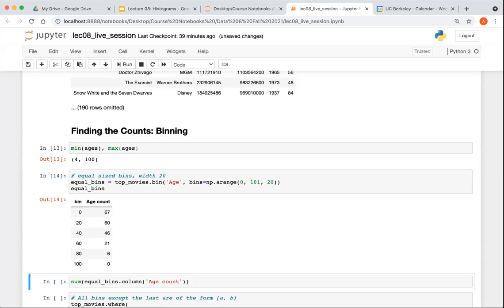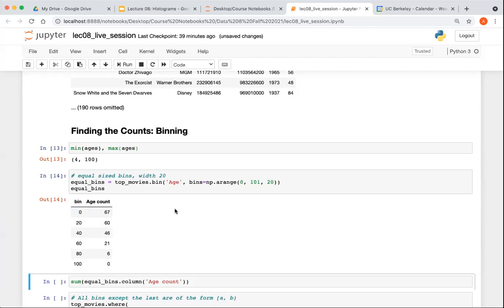Notice that the column just says bin, but it has only one number. That is what the slide meant, that we are going to characterize bins by their left endpoint. So the left endpoint of the first bin is 0. To understand this 67, you have to look at the second row as well. 20 is the left endpoint of the second bin. Therefore, it is the right endpoint of the first bin. So these figures are telling us that 67 movies were in the bin 0 to 20. Is that clear?